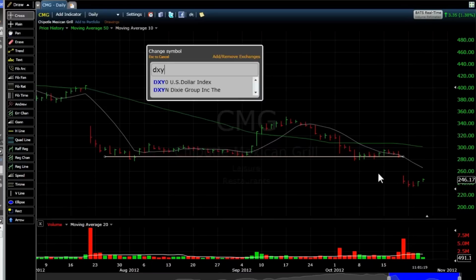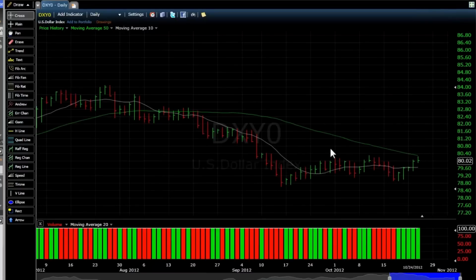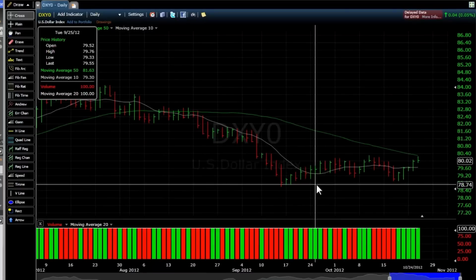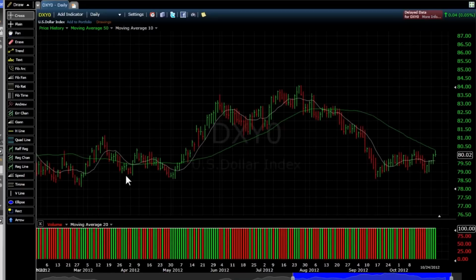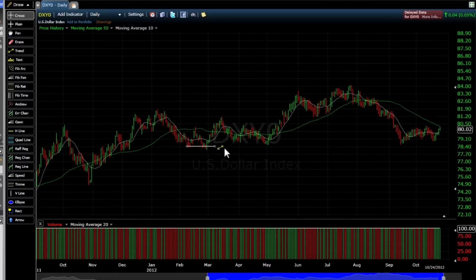Then we have the dollar, DXY, and this is where I'm going to show you how support can become resistance. Okay, if you look at the US dollar here, and I have to zoom out, you notice how here we have our support line. Okay, here we have a resistance line. It bounced off, dipped down, bounced, couldn't make it through. But if you extend it further,